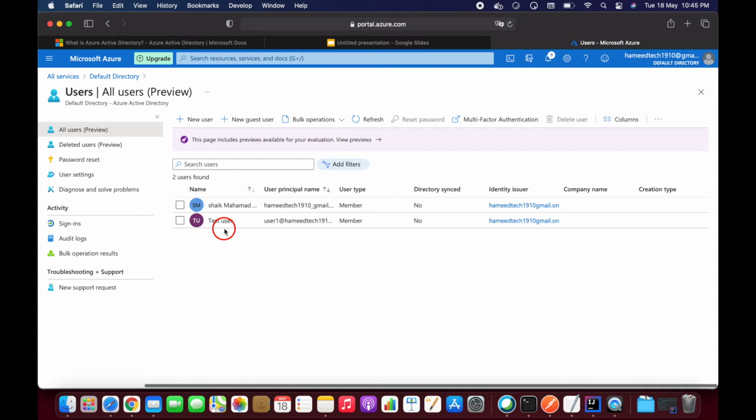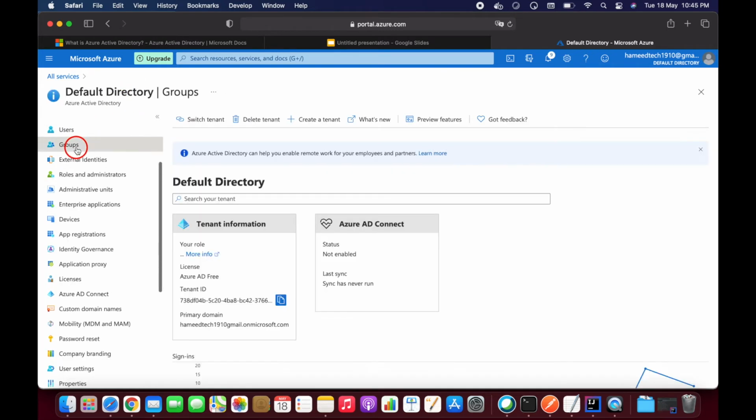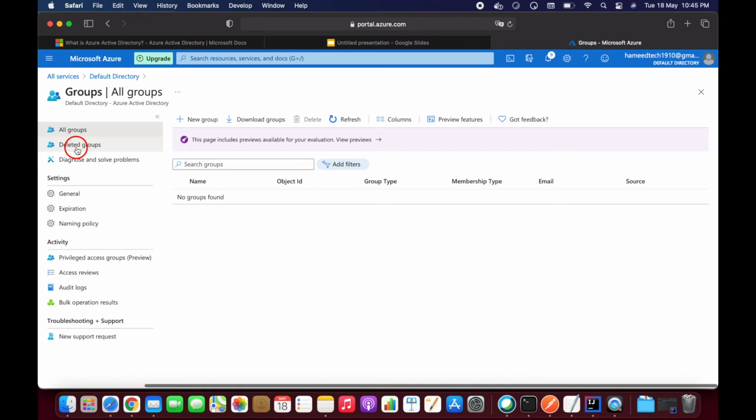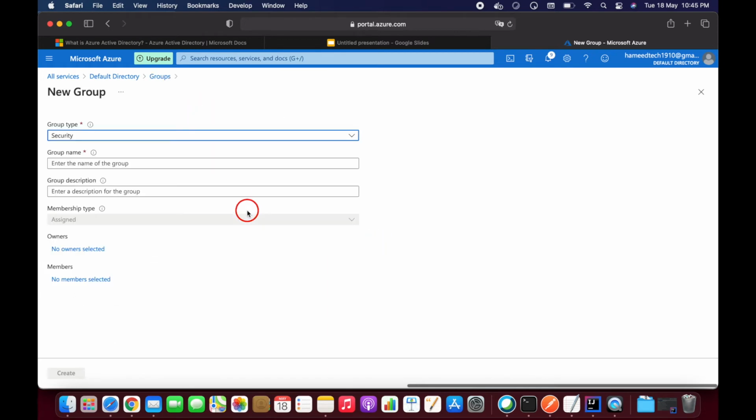Now what we need to do is create one group. Go to your directory and click on groups. Let's click on new group. Here you will find the group types. My group type is security, so let me take group 1.